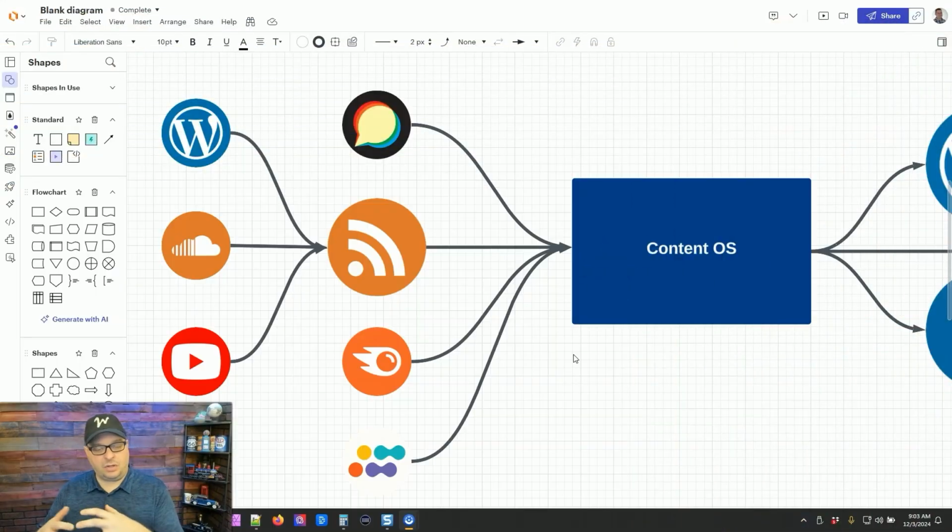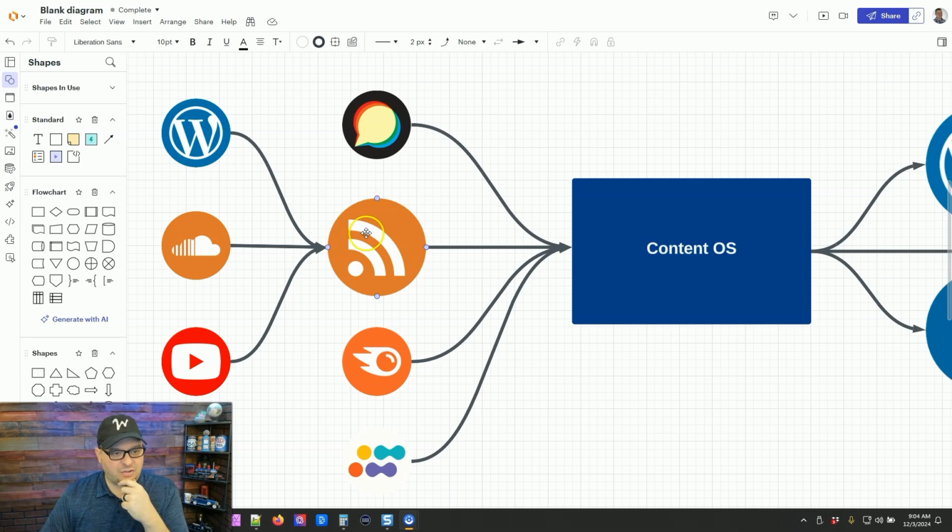Now I want to show you a diagram I've created, and this is an overview we're going to use to look at things today. And we're going to jump over into my content operating system, and I'm going to show you how that works. I'm not going to go under the hood. This is more of an overview. What I'm about to show you is an extremely complex system, and it's not something that could be built over YouTube. I want to give you the option to watch this, check it out, and then join me and use my system to generate content for your business.